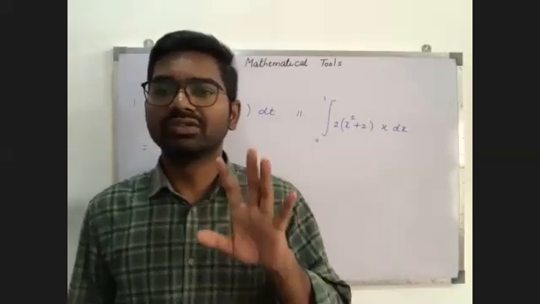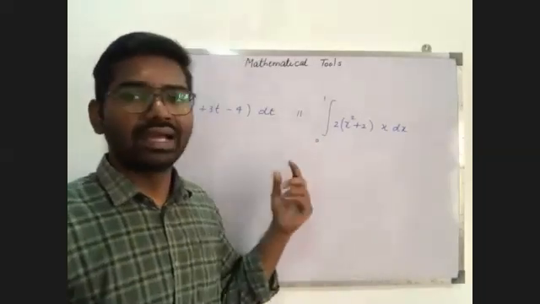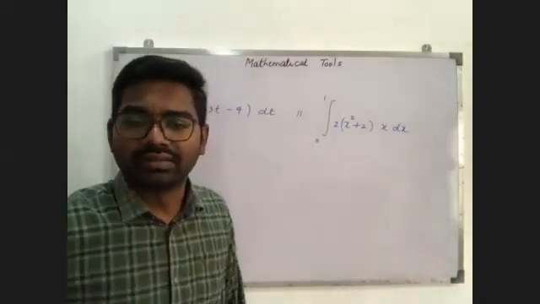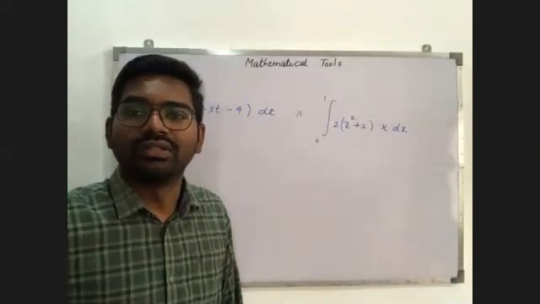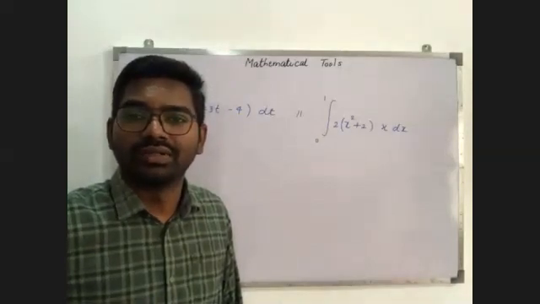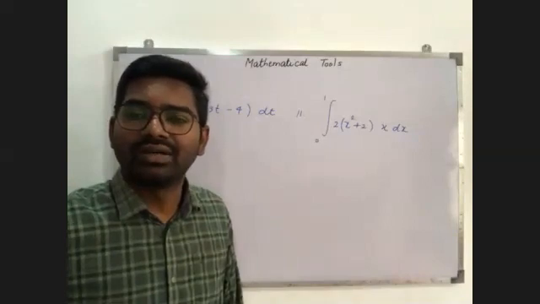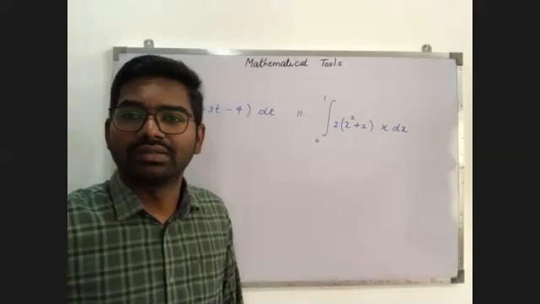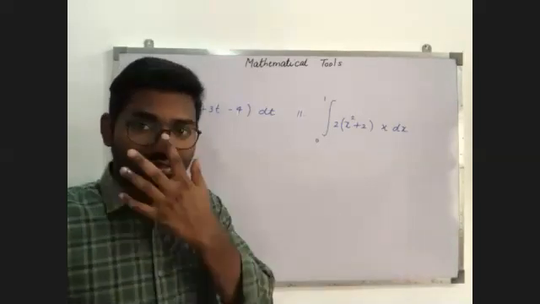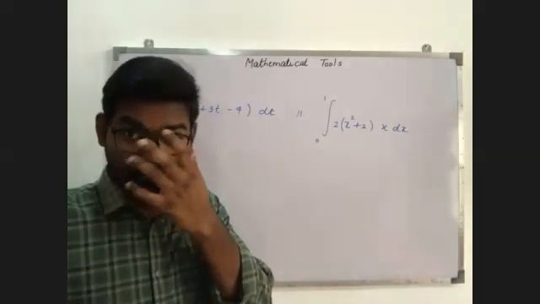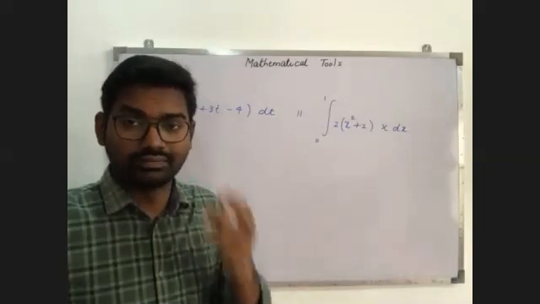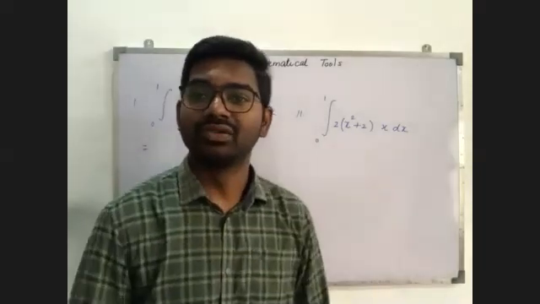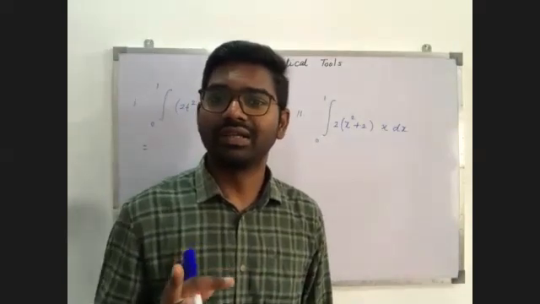Guys, whatever answers you are getting, just calculate it. I will calculate, then we'll see which one is the right answer. Now Lakshmi is saying 3/2. Everyone is saying a different answer. How is it possible? Sahasra is saying -11/6. Aditya is saying something else. Okay, guys, look here. Everyone is getting a different answer. Let me solve it.